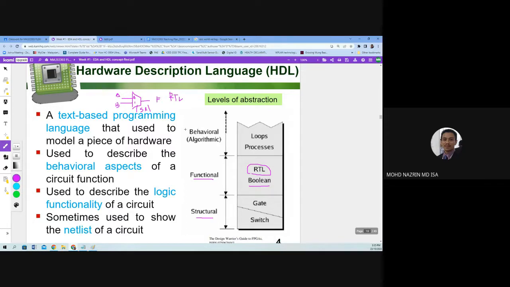We don't need to know, even Boolean we don't need to know. We only need to know the behavior of the design. That's what we call behavioral modeling. It means we model at the higher level. So as an engineer, usually you will design at a higher level, which makes it easier. When we design at a higher level, we don't even need to know the number of gates involved, the type of gates involved, and what Boolean equations are involved and so on. The thing that we need to know is actually how the